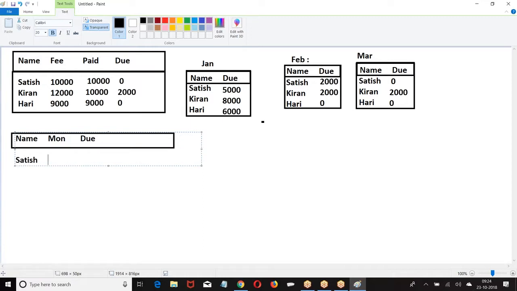Let me see, Satish, January. Whatever report you are creating, the report is saved to a table. In the month of March again, Satish, February.